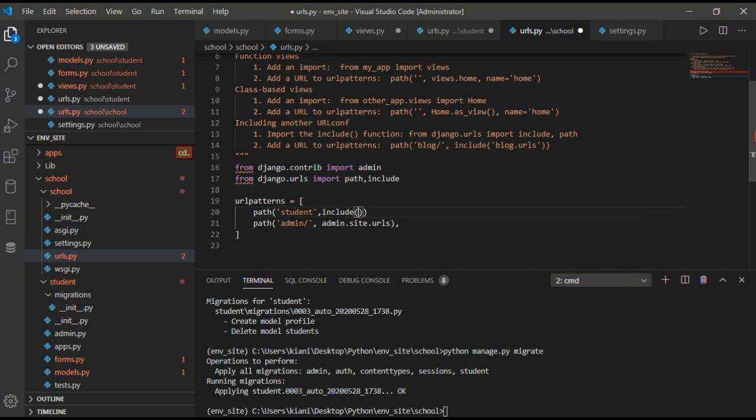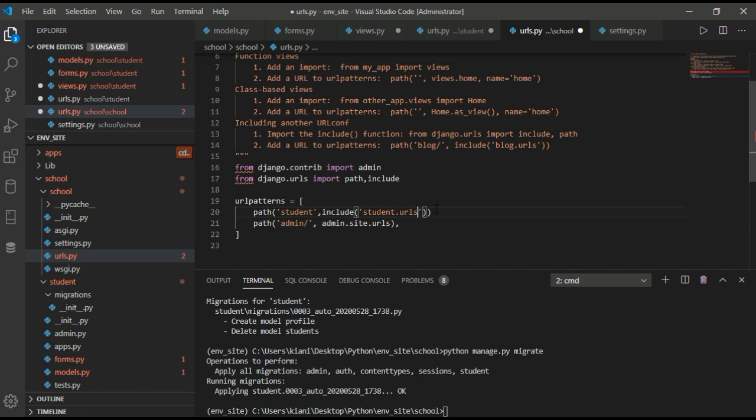So these paths and URL patterns will be used. Now there is urls.py here, so you have to include that URL into this URL path. So this is the project level URL.